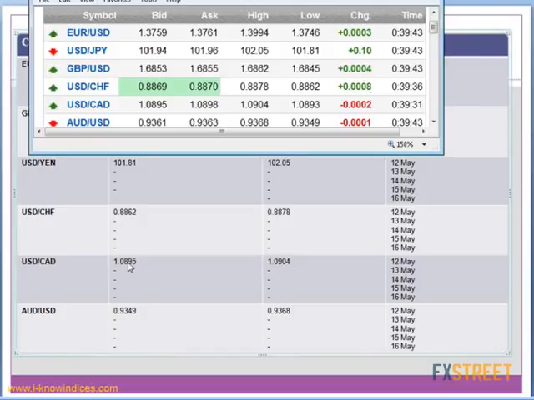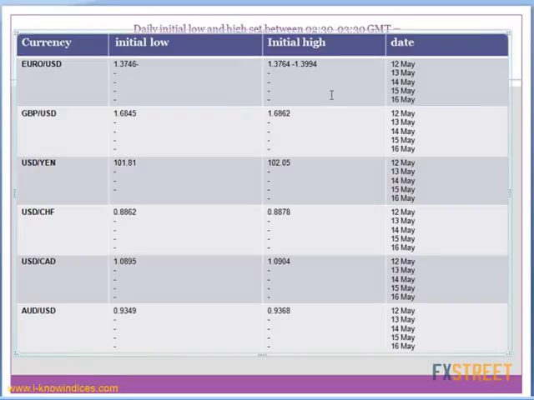And then they are expected to make a brief downward stop and probably 1 or 2 pips if needed. And then continue to gain the levels above 1.0904 in the case of Canadian dollar. And in the case of Australian dollar, 93.49 is the low, 93.68 is the high. They have not breached the low or the high. And they are expected to make the sideways move today and make the firming up during the US session as a week beginning false move. And then subsequently, they are expected to make the slide from tomorrow.